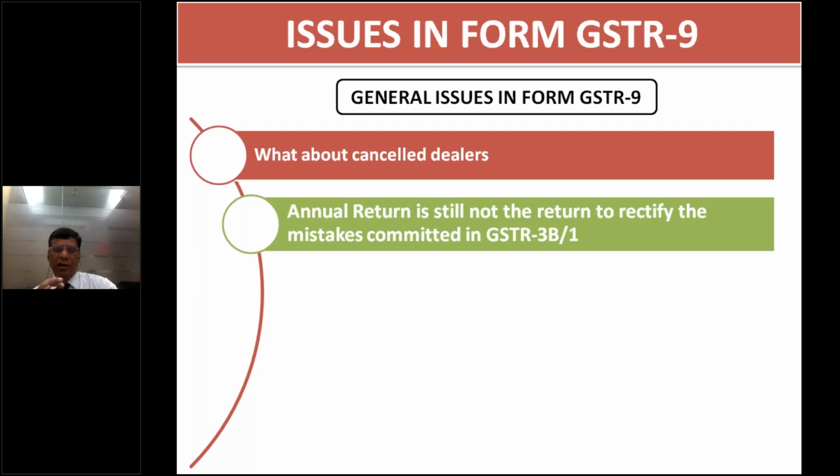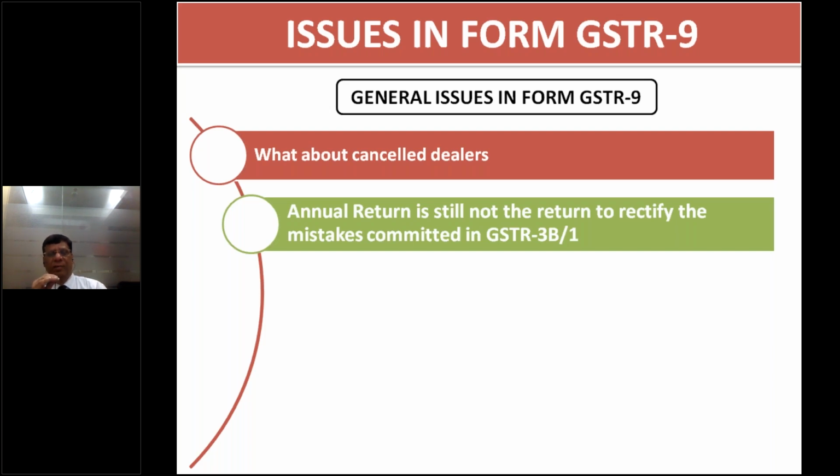In those cases, I recommend that the taxpayer should rectify his mistake by declaring the higher turnover, that is 1 crore 40 lakhs rupees. And any other mistakes, except any claim of further ITC, he should rectify while filing this